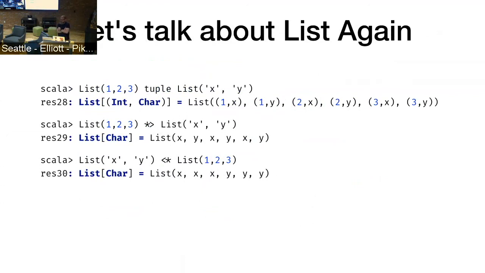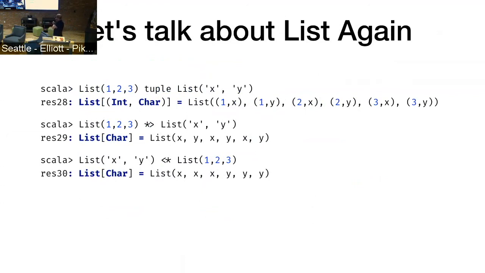If we have something that computes a bunch of answers and something else that computes a bunch of answers, and we want to combine them, we'll get every possible combination of answers back, which is what we get: 1x, 1y, 2x, 2y, 3x, 3y. And notice that the shark operators, if we say 1, 2, 3, right shark list x, y,